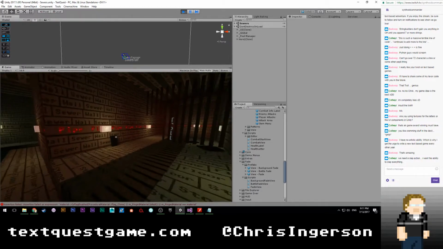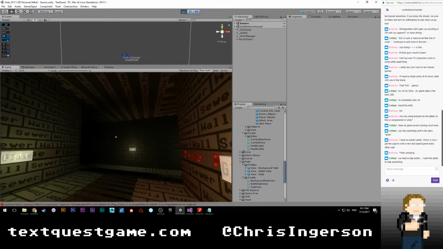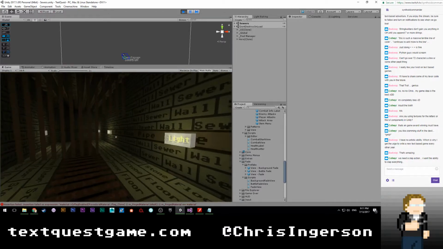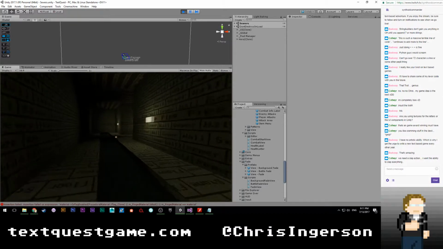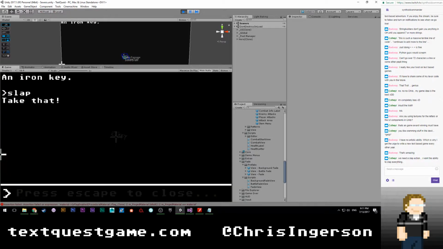But let me grab my notebook real quick. And let's see, what other things can I do that are pretty nice and easy? Fixed the loading screen stuff. Lock scepter thinks there's no verbs. That's a parser problem, I think. Actually, yeah, we can test that. We're going to do some minor parser tests right now. We need a slap action. I want the ability. Well, you can hit everything. Slap is, I believe, already in there. Yeah, you can slap a key, slap whatever you want.